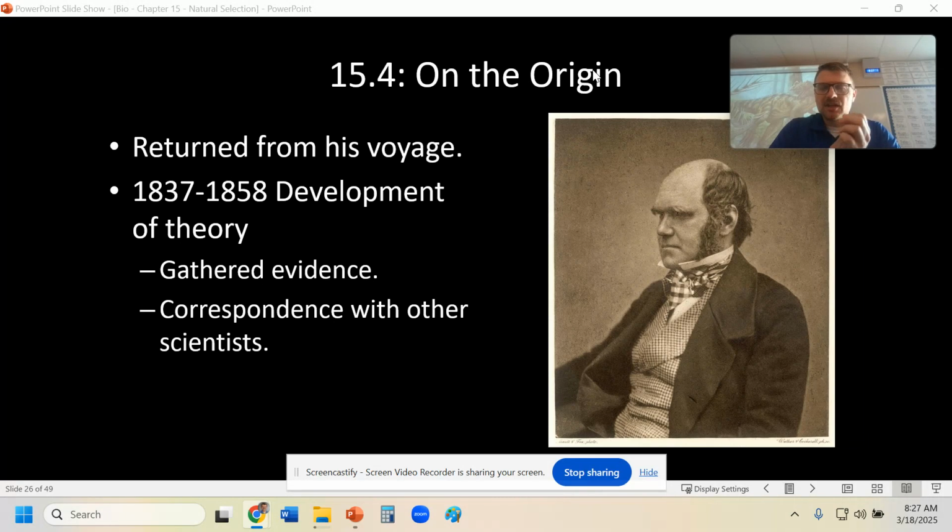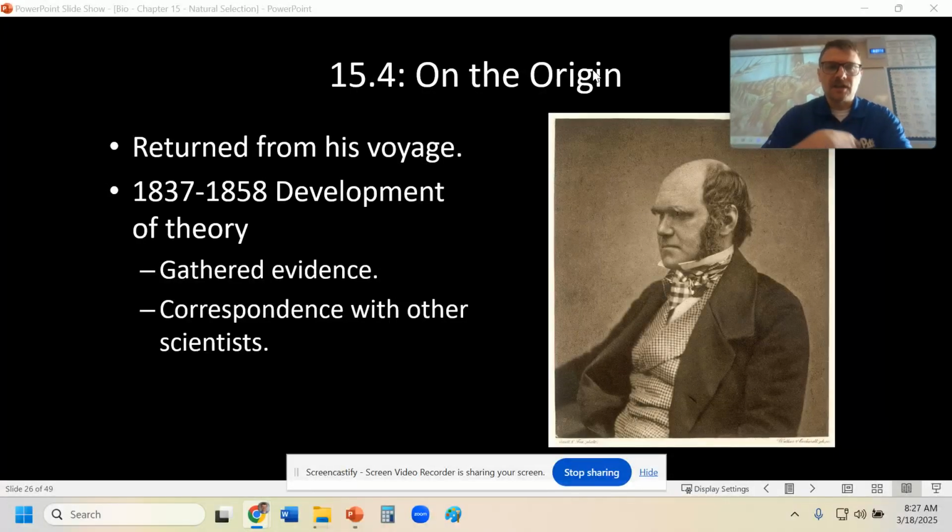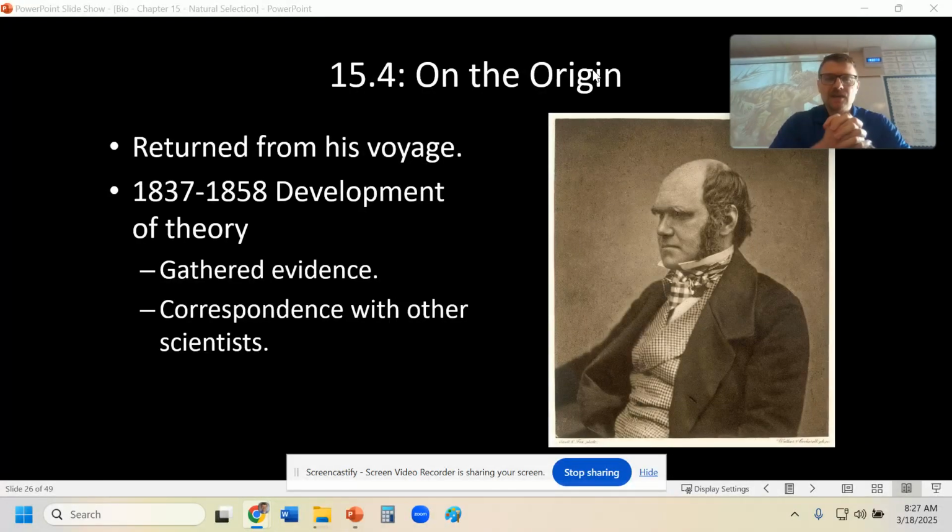So remember, Darwin was on the Galapagos Islands, and he didn't just automatically understand evolution. It's not like he saw the islands, he saw the different species, he saw how the environments shaped or caused the different populations to evolve. It wasn't like he had a eureka moment. He started to think about these things on the islands, and they started to materialize through 20 more years of evidence gathering, thinking, corresponding with scientists. So he was thinking about evolution. He was trying to develop his theory over many years. It wasn't like, again, he instantly understood evolution.